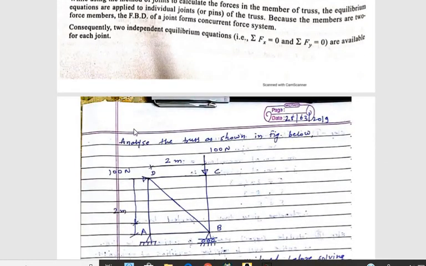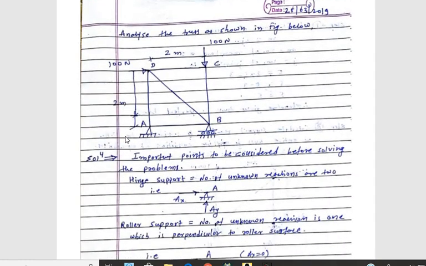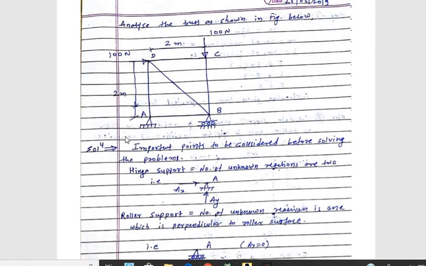Now the basic theoretical background we have discussed. That means we have discussed the definition of truss, the classification of truss, the assumptions and the various available methods of analysis, and the steps of analysis for the method of joints. Now we are going to solve the numericals. See the numerical; in this numerical, things will be more clear.